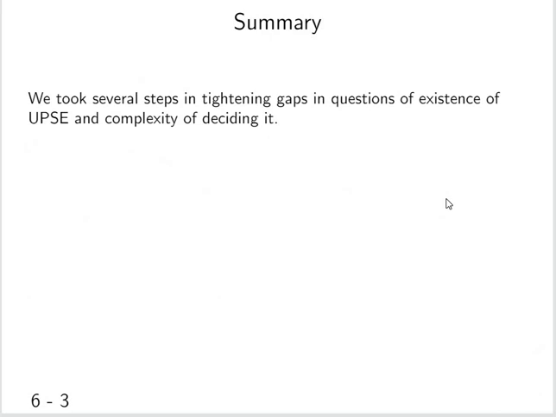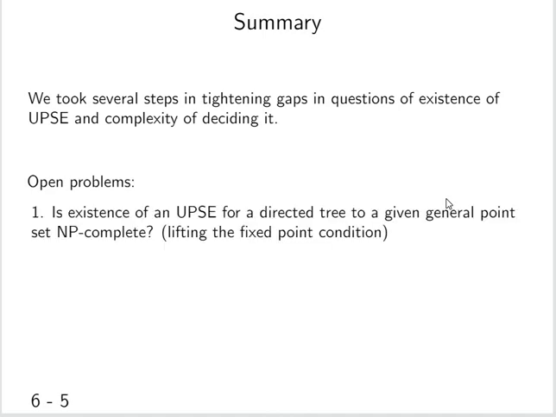In 2 words, we advanced a little bit the line of research and tightened the gaps in the 2 questions: the existence of upward straight line embedding for paths, and the complexity of deciding whether a straight line embedding exists for certain graphs, meaning for trees in our case. So there are, of course, intriguing open questions left, and first of them is